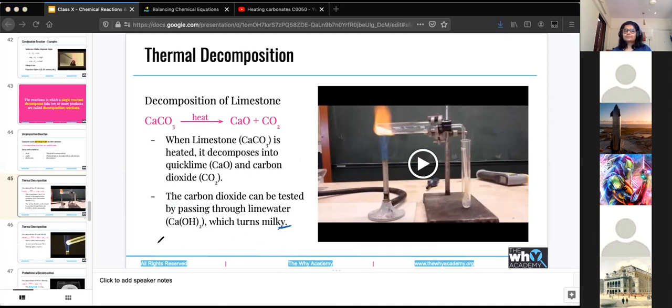Carbon is being added. I mean, you're passing CO2 through it. So what are the reactants in this case? Carbon, oxygen, and calcium. I mean, those are the elements. But if I want to write an equation, what substances am I taking? Like, what are the raw materials I'm taking?